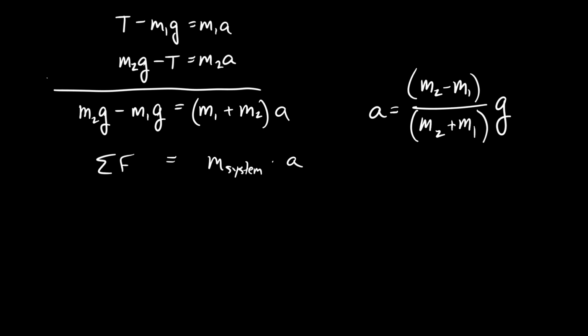That tells you a bunch. First, is there an acceleration when the two masses are equal? If the two masses are equal, I don't think so, right? The top's going to be 0. We kind of knew that. If you hang the same weight on both sides, would it accelerate? No. Only accelerates if they're different. If m2 was smaller than m1, then wouldn't this be negative? It'll go the other way. We're not surprised by that, are we?